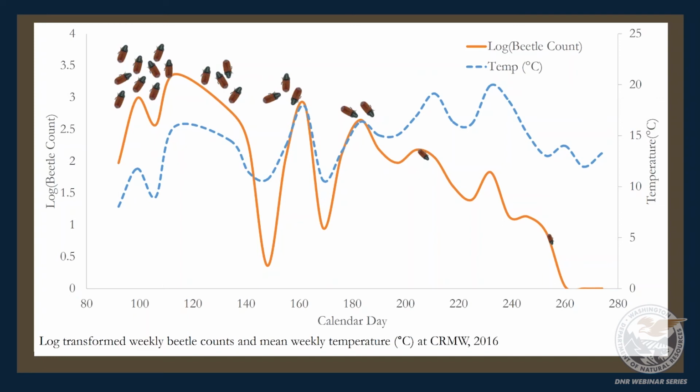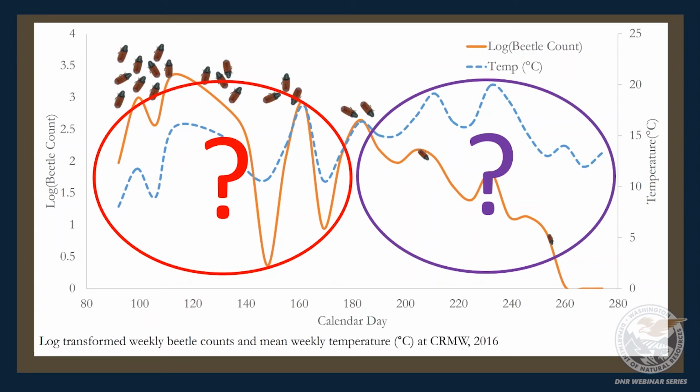So I wanted to look at or figure out why this change happens and when it happens, and if there's temporal subpopulations that have a different relationship with temperature. So are there beetles in the beginning of the year that have a different relationship with temperature than those emerging at the end of the year? And are those different temporal subpopulations, especially since it takes multiple months for the beetles to mature within the trees? So again, where's the divider between the early and late subpopulations, and what is the difference between these 2 temporal